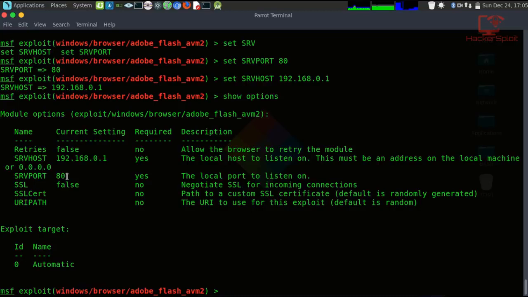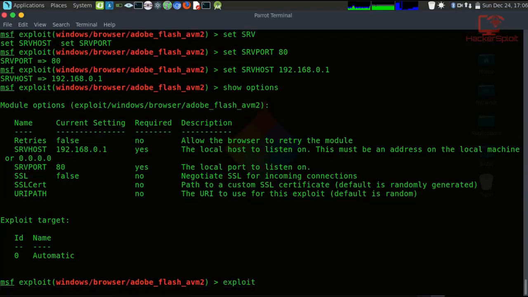And once you're ready to exploit, once you've set all the options, all you have to do is just hit exploit, and it will exploit it perfectly, right? So let's try that right now. And of course, it's not going to give us anything, right? Because we've not done anything. So if I hit exploit, it's probably not going to return anything important here, right? So just give it a few seconds. Again, as you can see, it's not displaying anything because